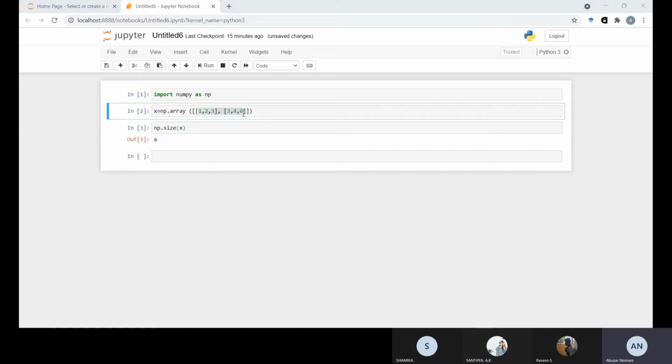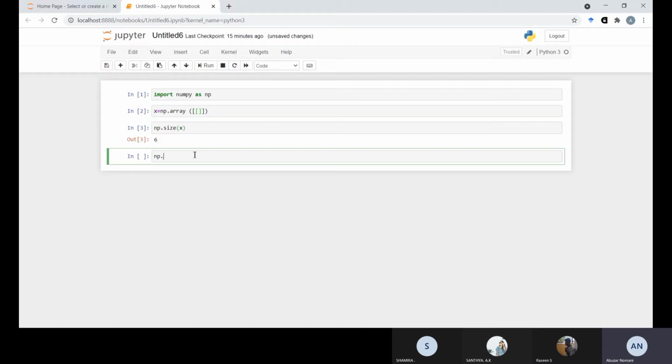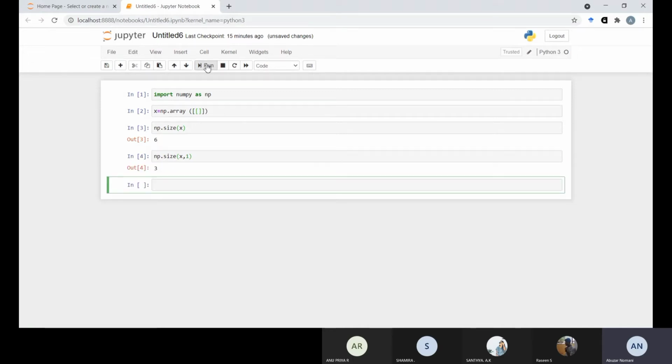Similarly, if we want to check column-wise how many numbers are there, then for this we have the command np.size(x, 1). Okay, 1 means 3.